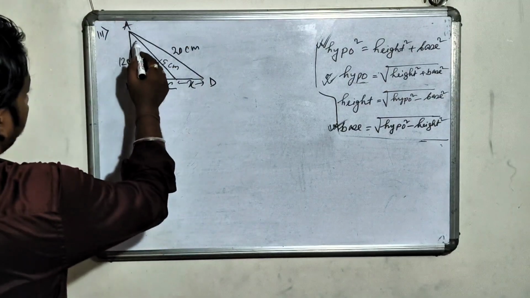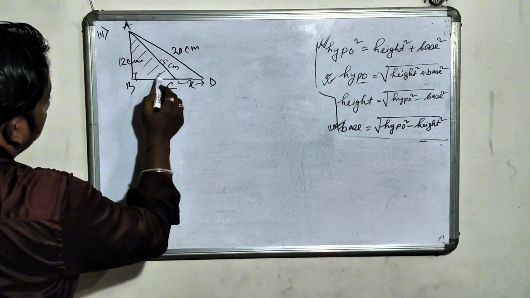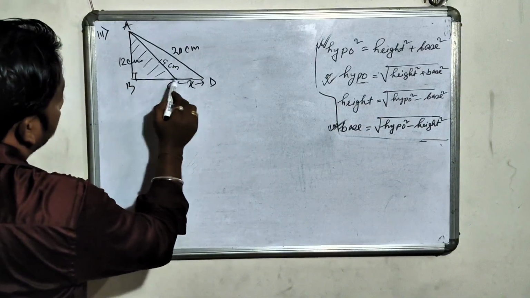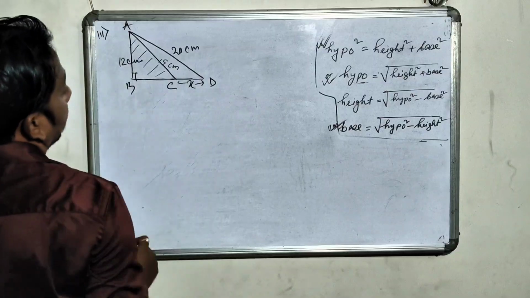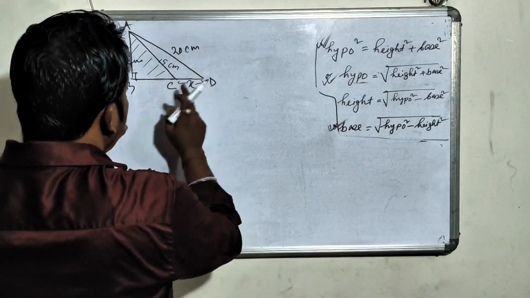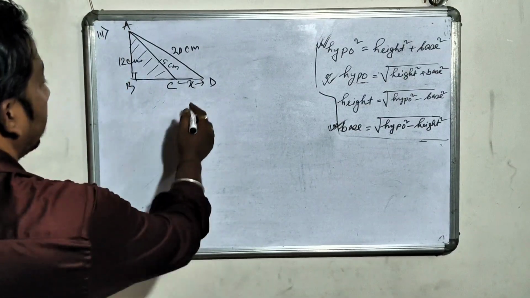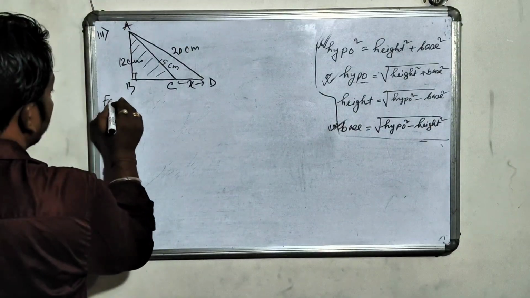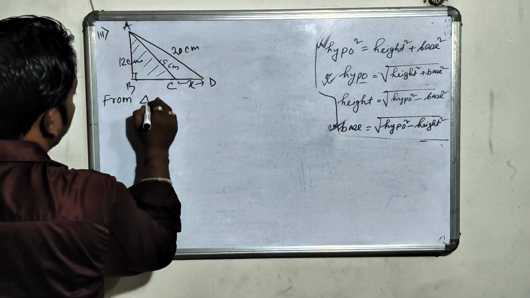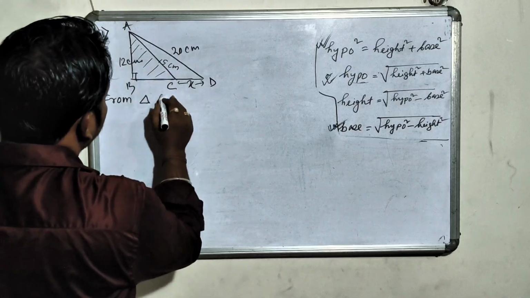First, we simply find out this triangle, that is, find out the value of base BC. Then we will again find out the value of BD. Then we subtract BC from BD. We will get the value of X. From triangle ABC,